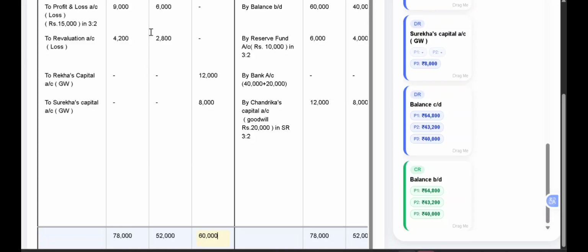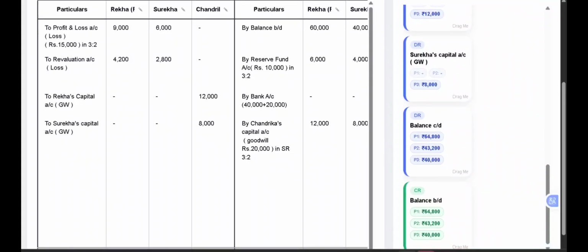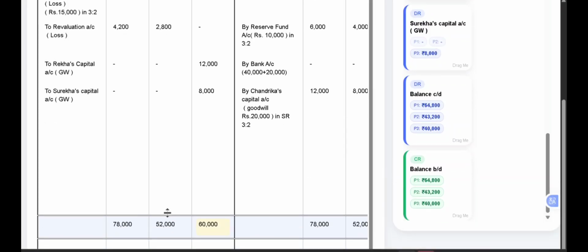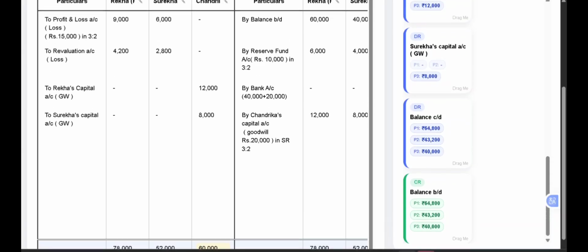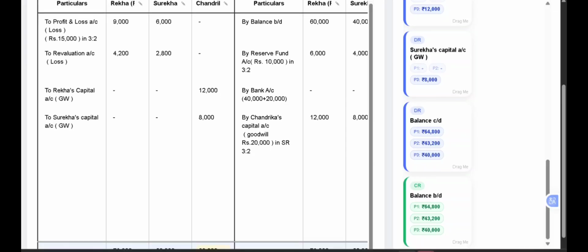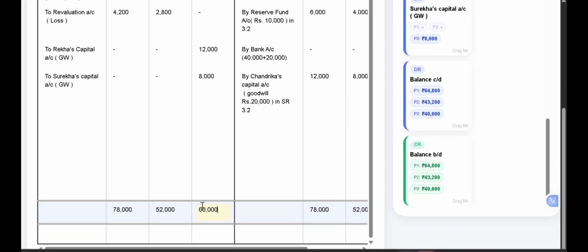So when you see the credit side is more and the debit side is less, now we have to deduct this total from the debit side total. So 78,000 minus the debit side total, that is 13,000 for Rekha, and for Surekha it is 52,000 minus 20,000 for Chandrika will be 60,000 minus 20,000. So the balance here will be on the debit side as two balance carried down,